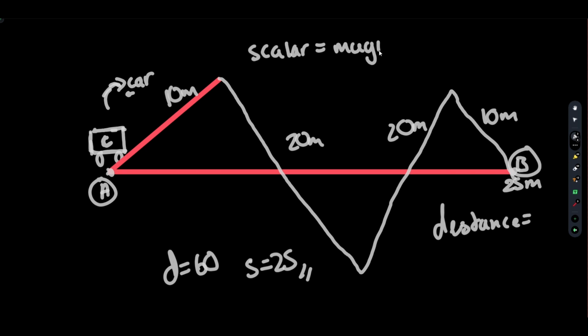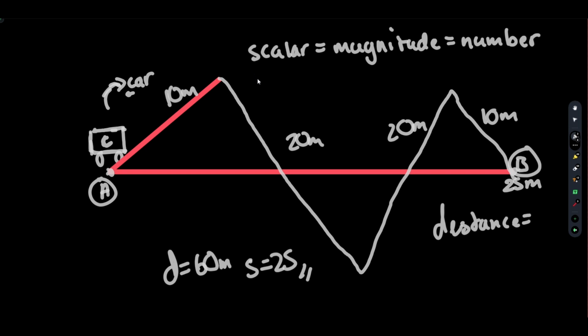By magnitude, I mean a number. So, for example, I traveled 60 meters. Distance is a scalar quantity because it only has a number, while displacement is a